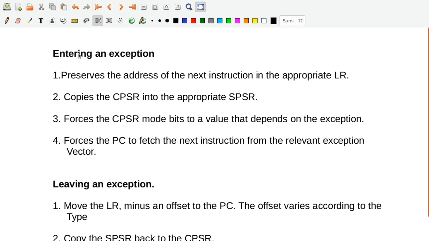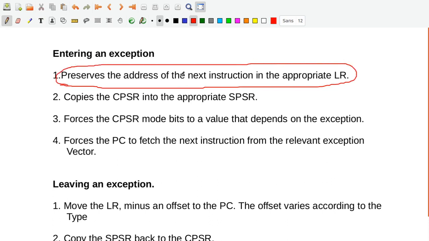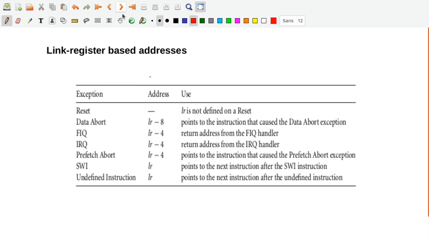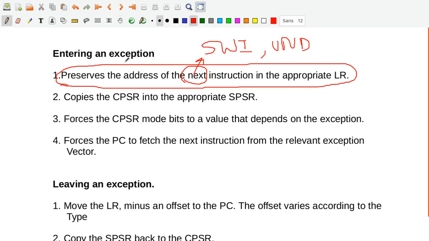Whenever those exceptions are raised, the first thing the processor does is preserve the address of the next instruction in the appropriate link register. Of course, don't get confused here. Whenever we say next instruction, that is with respect to two instructions, the software (SW) instruction or the undefined instruction. So the software instruction and the undefined instruction, only these two,